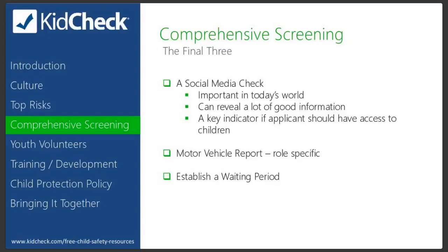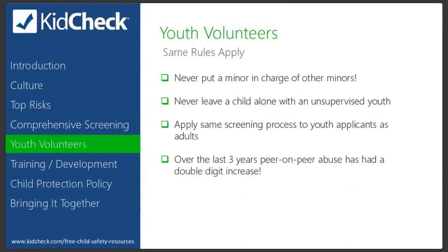So that concludes our 7 steps for screening. But now let's talk a little bit about youth. And I get this question a lot. People want to know, well, if they're 18 years and under, how do I evaluate them? Well, my suggestion is you go through the same exact screening process minus the background check. The reason is that probably most parents won't sign the waiver for you to do a background check,